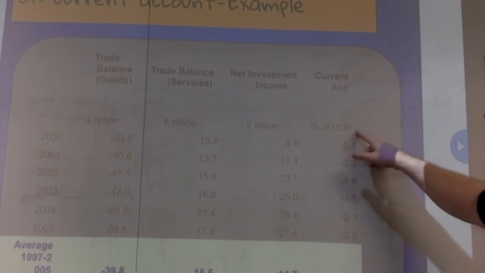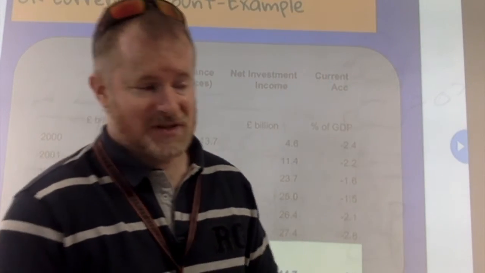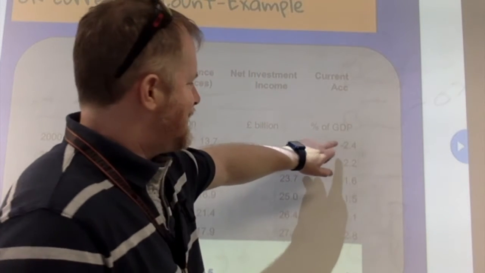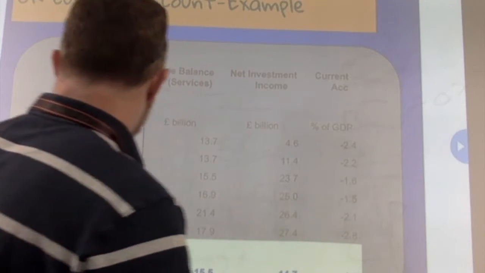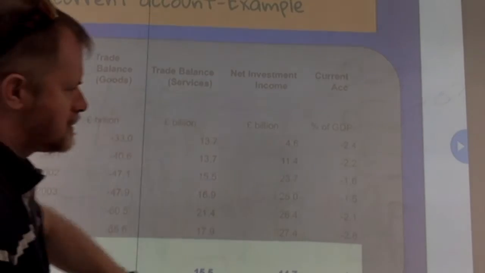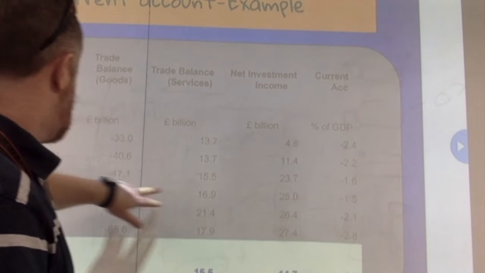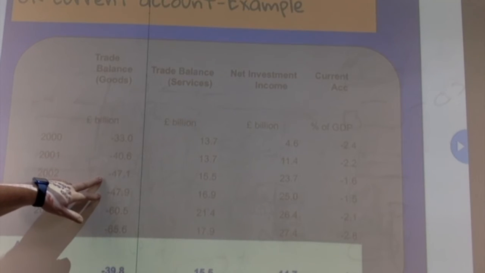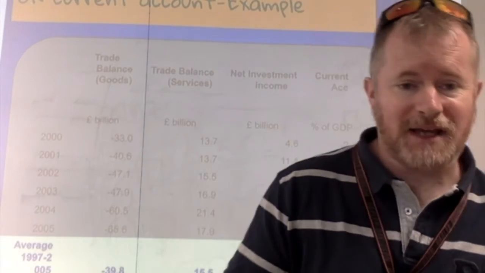This one here is the percentage of GDP, which was one of those comments that we made earlier as to how you might see this represented. So negative 2.4 to negative 2.8. There were periods in time in the early 2000s when it was actually less than 2%, which is these two time periods here. Okay.